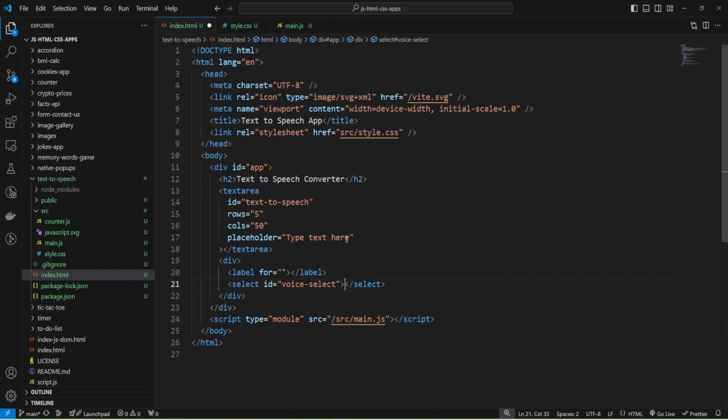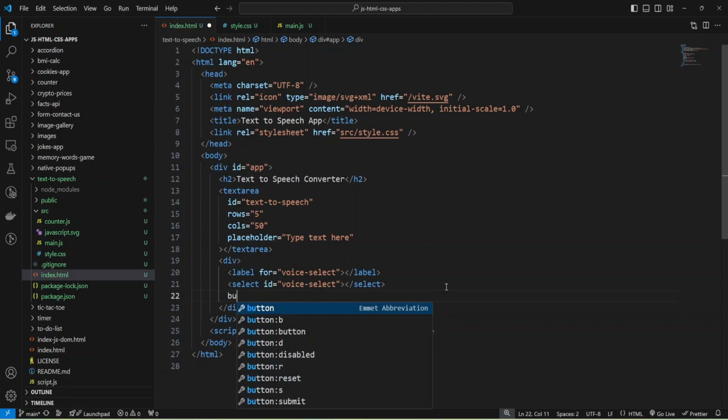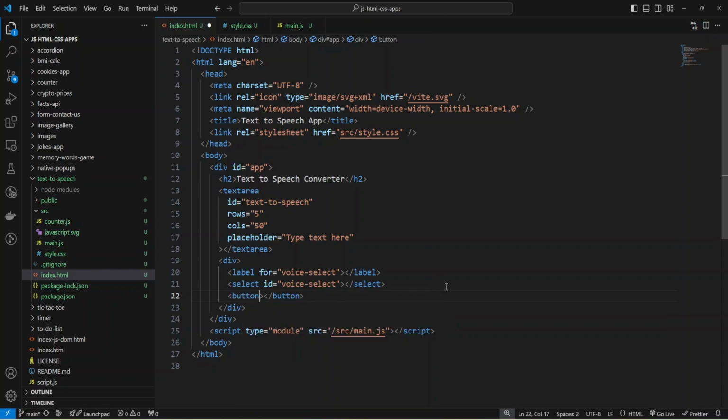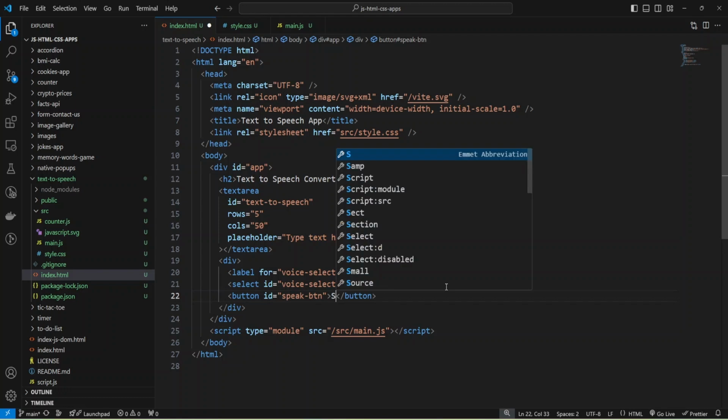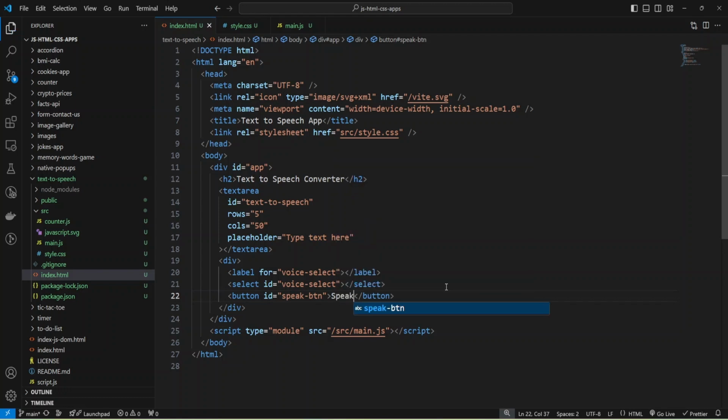We'll populate the options later in JavaScript code, and I'll change the label to "voice select". I'll also add a button, and we'll provide the ID speak-button and the text "speak".